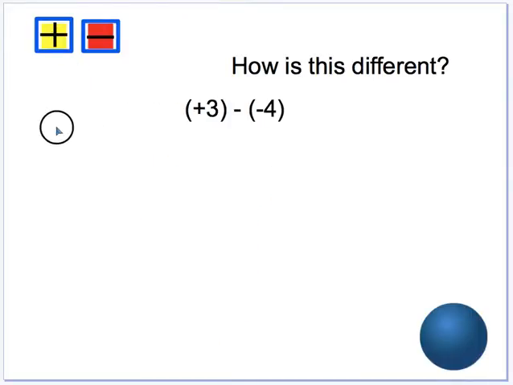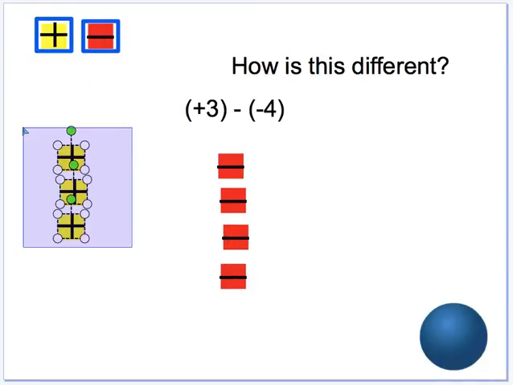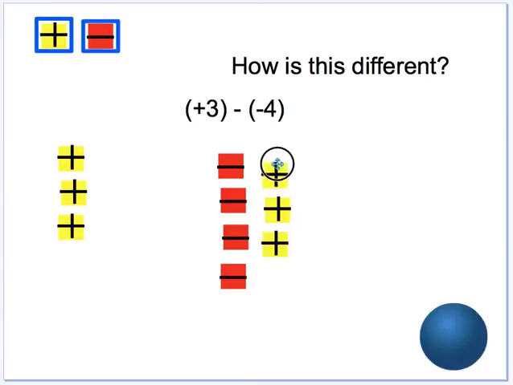How is this one different? All right, let's try this. It says 3 positives. We always represent the first number. 3 positives. Then Monsieur said, step 2, we take a look at this and we say, I need that many 0 pairs. I need 4 0 pairs. 1, 2, 3, and 4. And a shortcut, we're going to copy this. 1, 2,